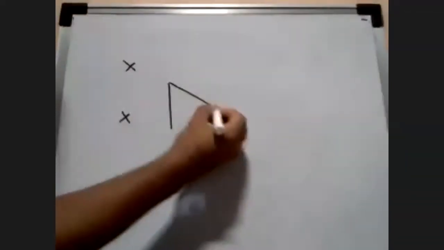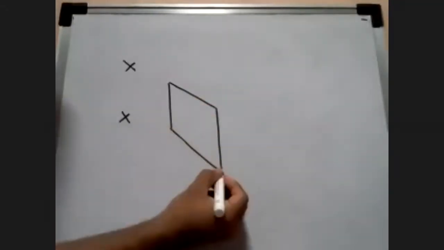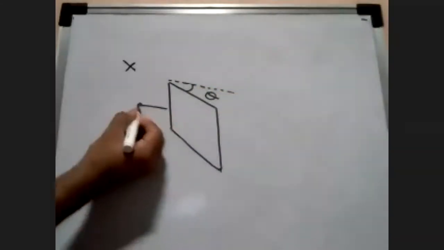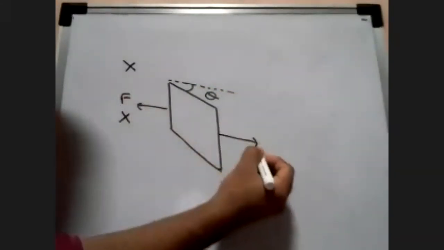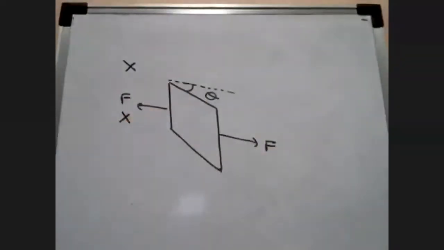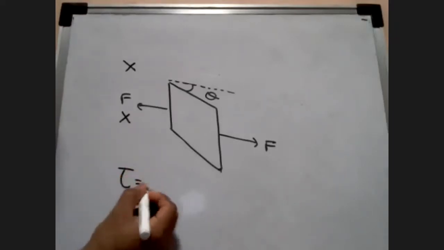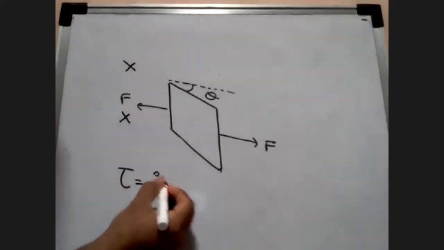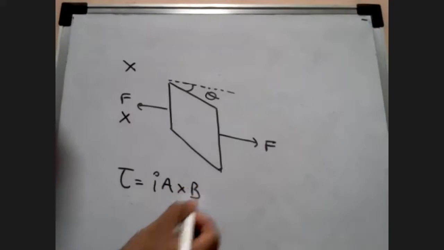Okay, case number 2 was simple. Case number 2, I told you that if there is a magnetic field like this, and this time our loop is having some angle theta, in that case, the force developed over here and the force developed on this side of the loop is going to generate some torque. Torque is basically, what is the formula of torque, students? Do you all remember what we had got? I A cross B. Yes or no? I A cross B.